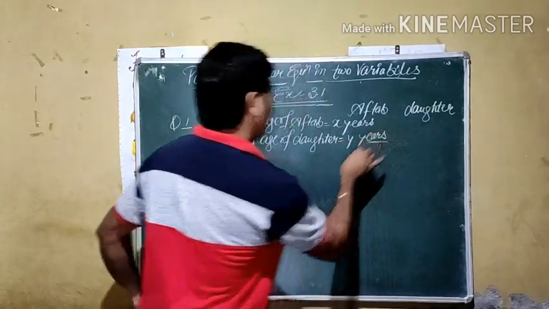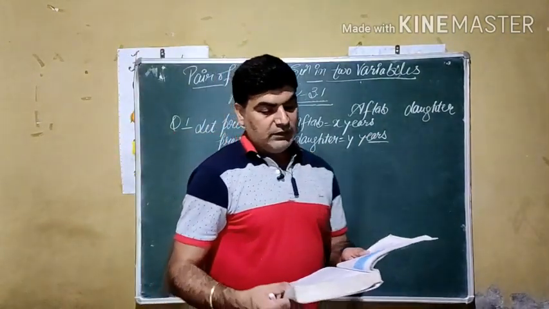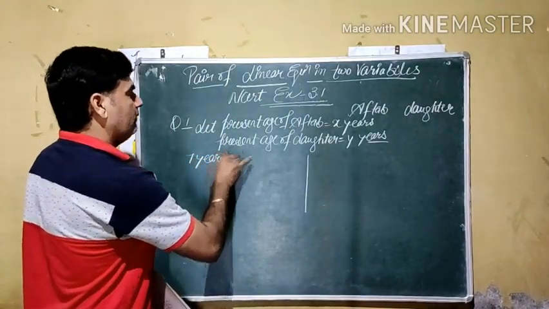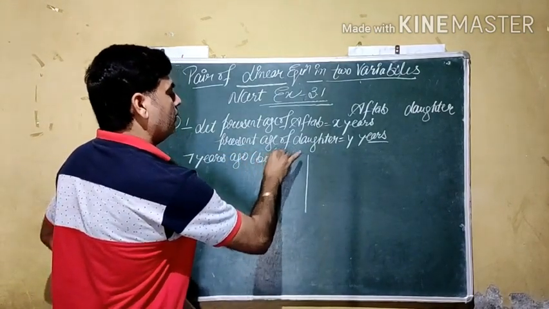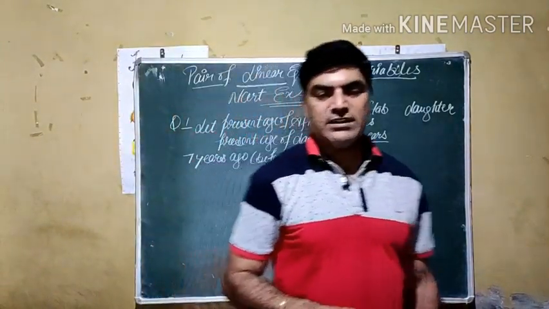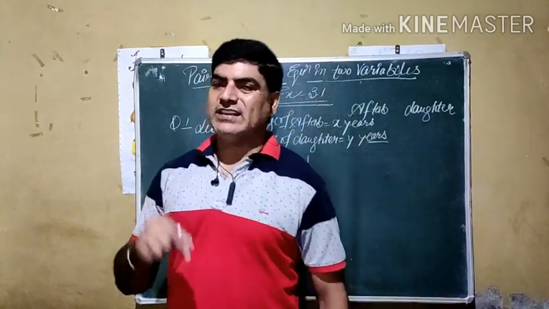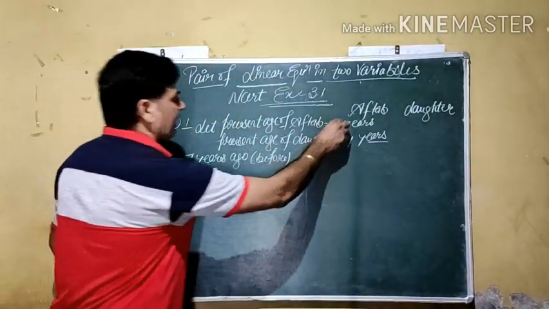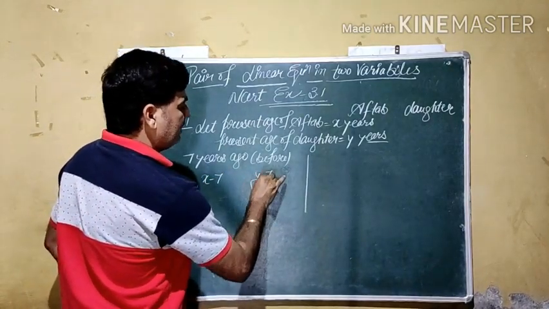Now we continue with the cases mentioned in the statement. The statement says 7 years ago, so we put the heading 7 years ago. What is the meaning of ago? In place of ago, before may be used. 7 years ago means if we are 10 years old at present and move back 7 years, our age decreases by 7, so 10 minus 7 becomes 3 years. So the age of Aftab becomes 7 years less than the present, and the daughter's also becomes 7 years less.